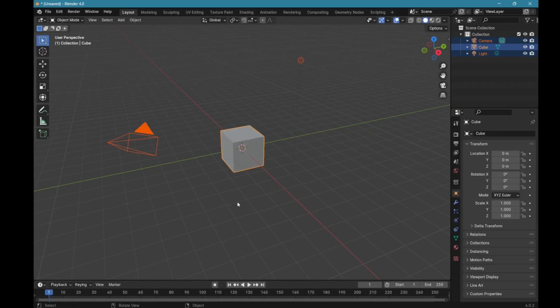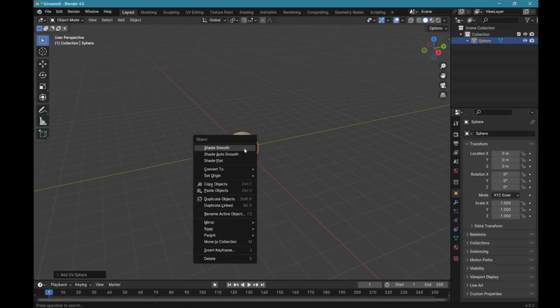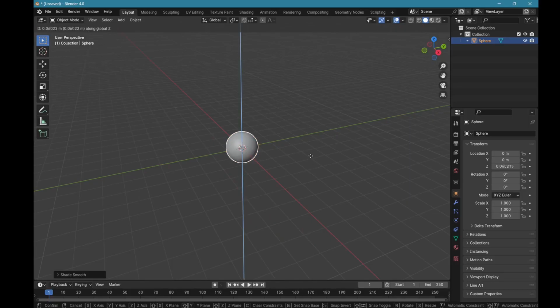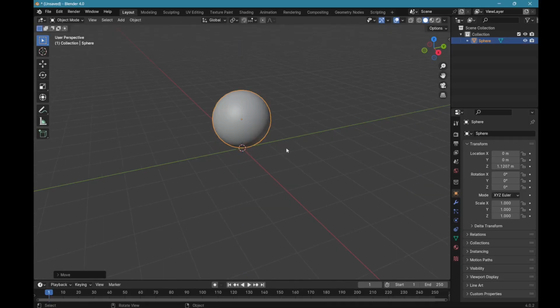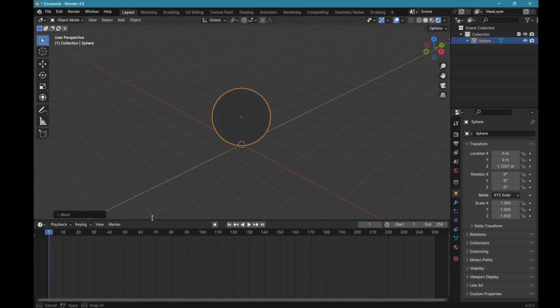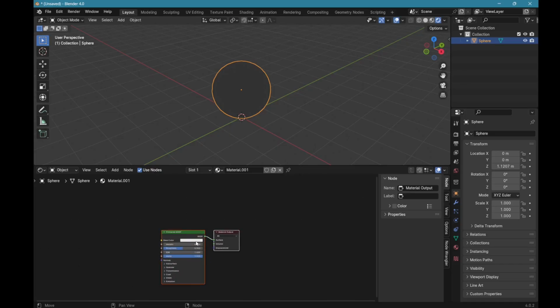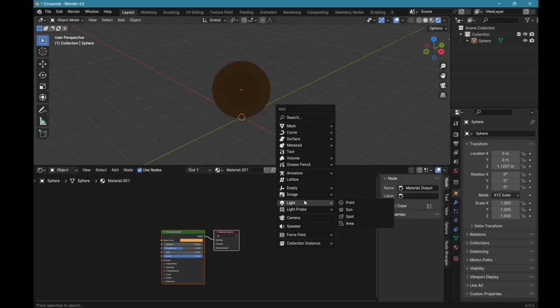3D programs are great because you can basically simulate and set up that same thing. So I'm just going to go ahead and add a sphere here. This is not a Blender tutorial, but it's just nice because it allows us to see. Okay, so here I'm going to give this a value shader. I'm going to say that this ball is that same kind of orangey color. Right now it's quite dark because we don't have any lights in the scene, so I'm going to go ahead and add a light